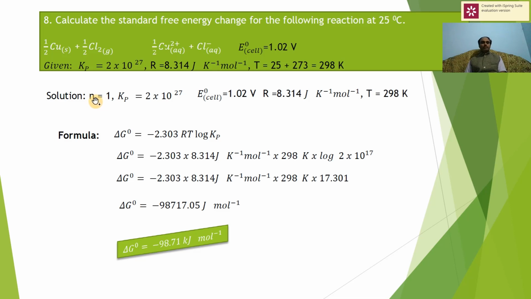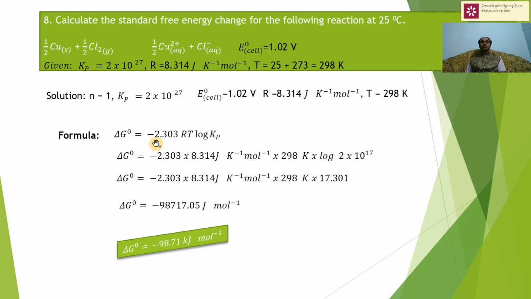Why? Because half mole of copper reacts with half mole of Cl, means there is only one electron transfer being involved as far as the electrochemical reaction is concerned, that is N is equal to 1. Kp is 2 into 10 to the power of 17, it is not 27, correct it again. E naught of cell is 1.02 volt, that is given in the cell reaction itself. R is equal to 8.314 joule per Kelvin per mole, T is equal to 298. And calculate delta G naught. Since Kp is given, it is the relationship between equilibrium constant and delta